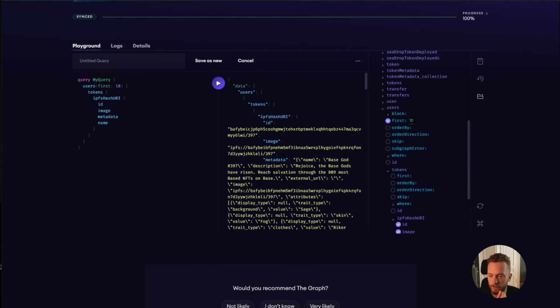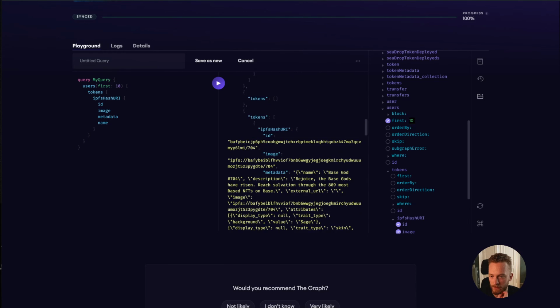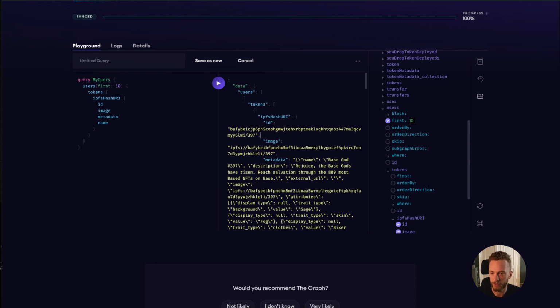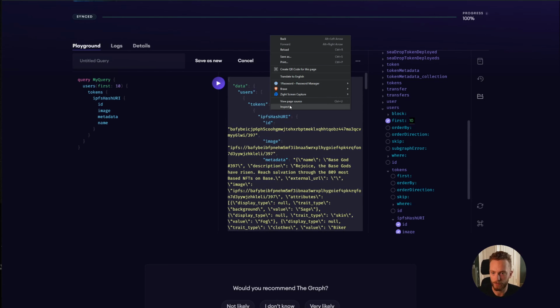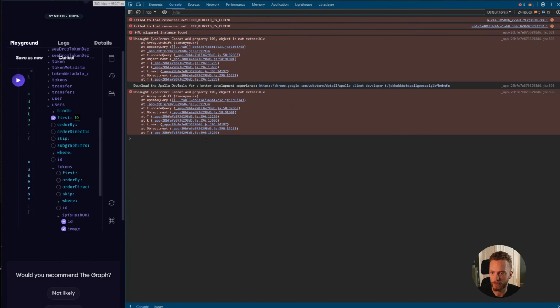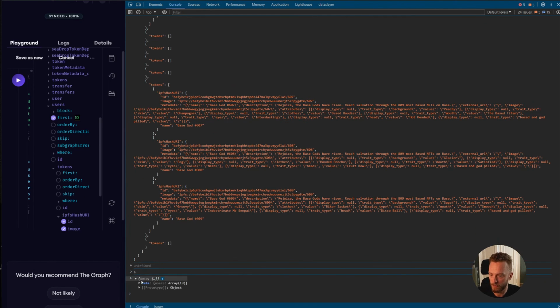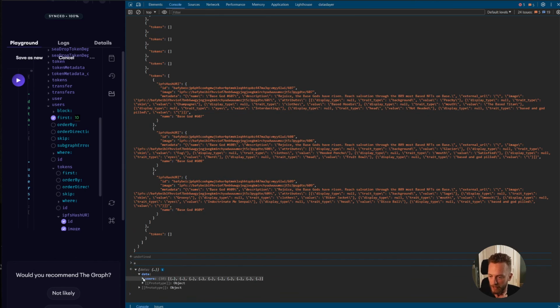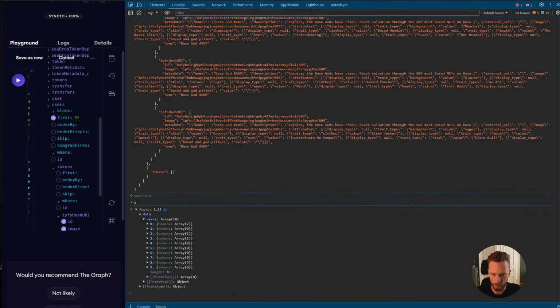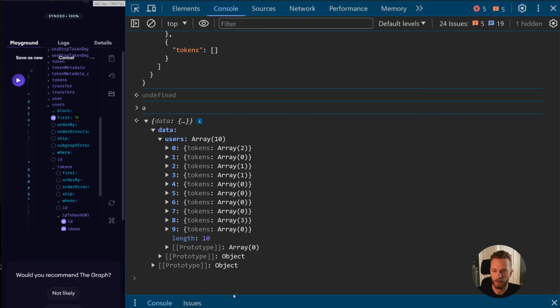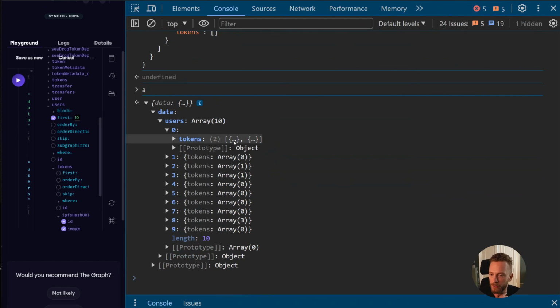And query. Boom. So we now have a users array, and in the users array we have tokens, or we have users where you can see the address is actually at the bottom. I think it will be easier if we copy this and we inspect, we open up the console here, and I will open up this as a JSON object. So here we see an array of users. Can I make this bigger? Yes. An array of users, and for each user you have tokens